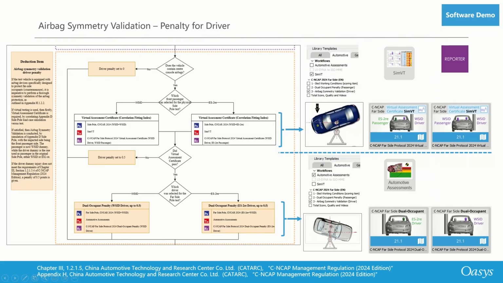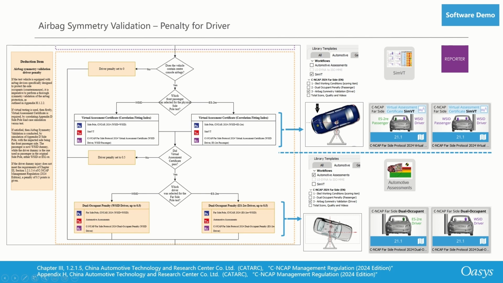So we passed the virtual assessment certificate, so we go to this question box here, and in this case, we have a reflected vehicle. So what was our front passenger now becomes our driver. So if we had an ES2RE front passenger, we now have an ES2RE driver. But since we had both WorldSID front passenger and driver, we follow this left option here,